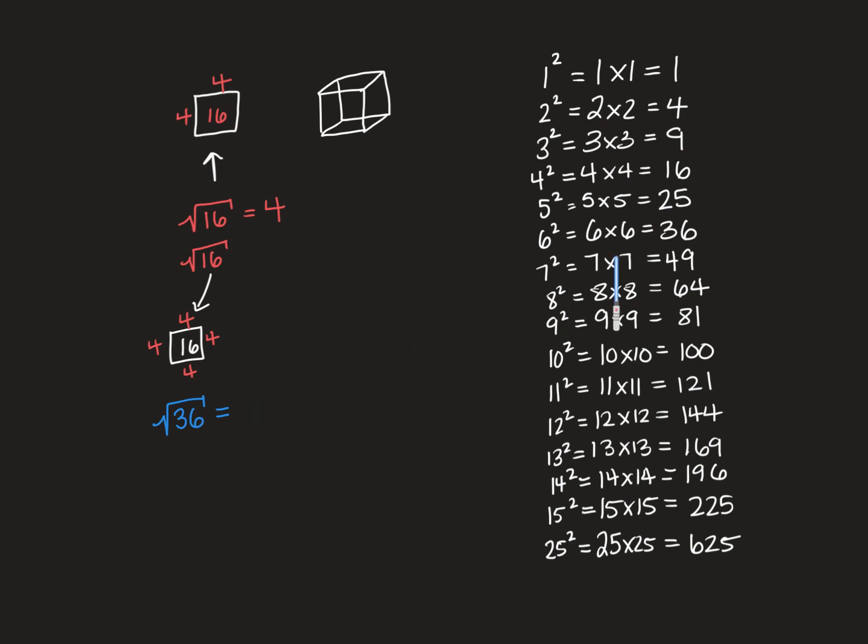So let's look at 36. The square root of 36 would have to be 6 times 6. Another way to write this is the square root of 6 times 6. Whenever you have a pair or a square or a set of numbers inside of a square root symbol,